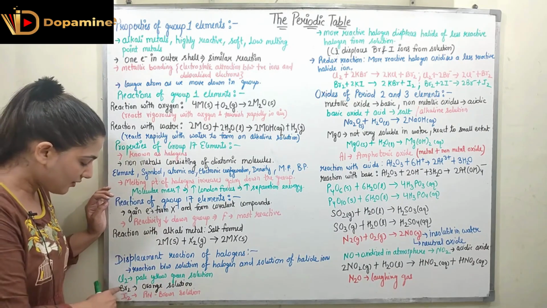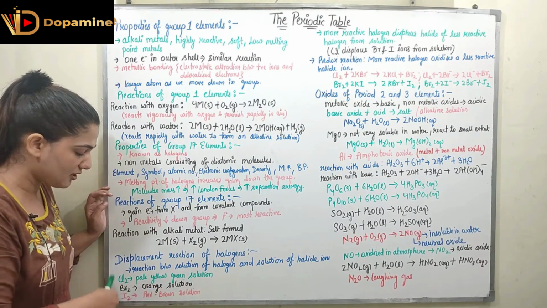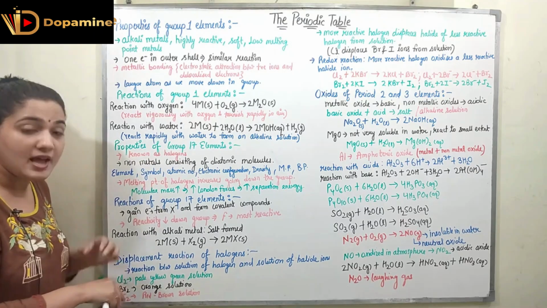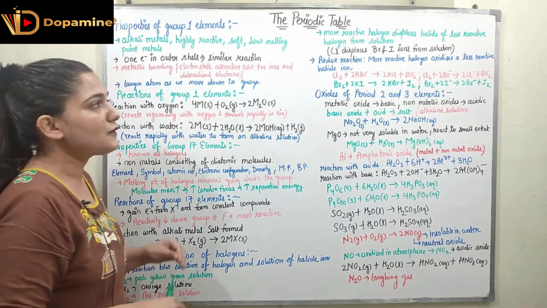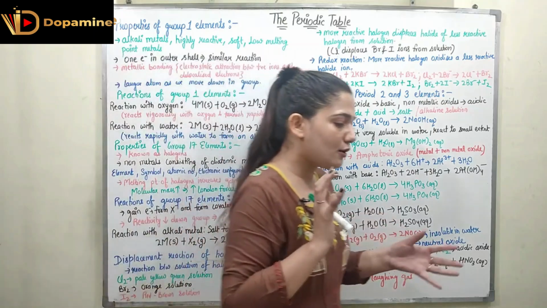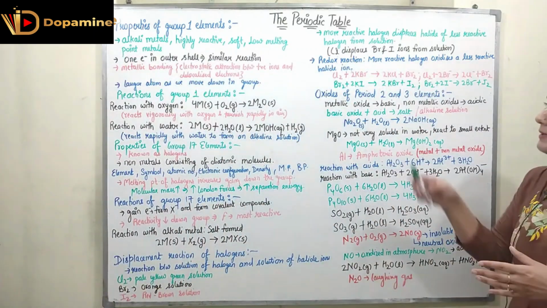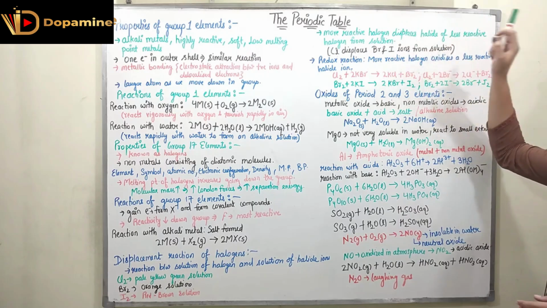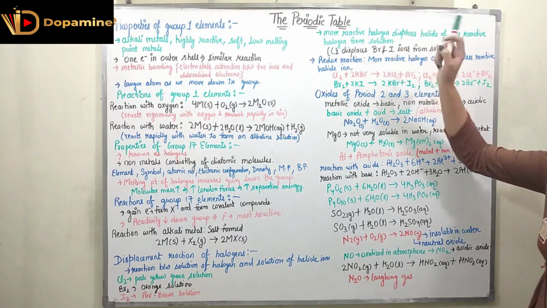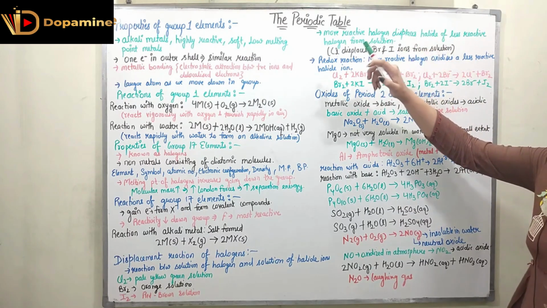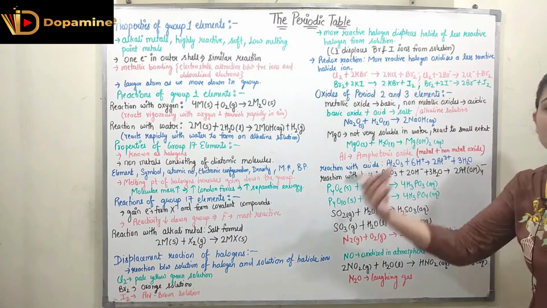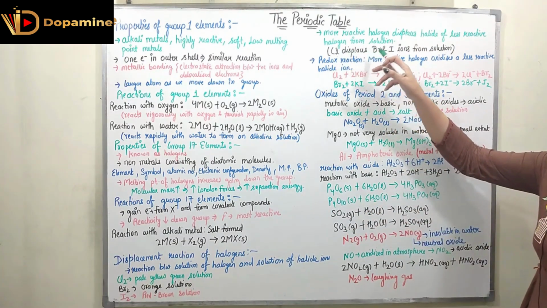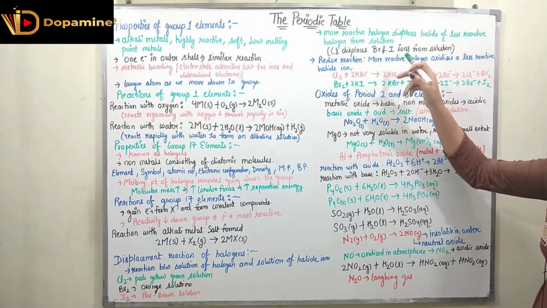If you see the Br2 solution, bromine solution is an orange solution. Other than that, we have iodine solution, which is a reddish brown solution, right? So now what happens in this reaction? A more reactive halogen is going to displace the halide of a less reactive halogen from the solution. So now I can say chlorine is the most reactive out of all of them. So chlorine is going to displace bromine as well as iodine.